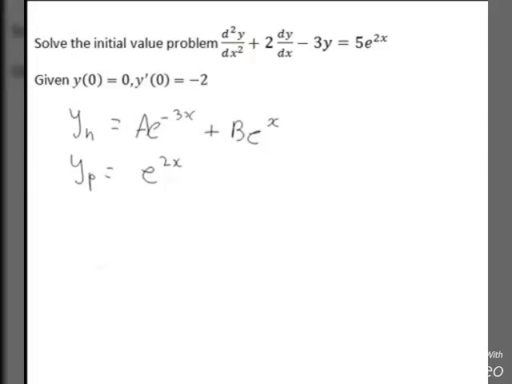So this is what we have found so far. The complementary function yh and the particular integral yp. And the general solution y is then yh plus yp, which in this case will give us y equals A e^(-3x)